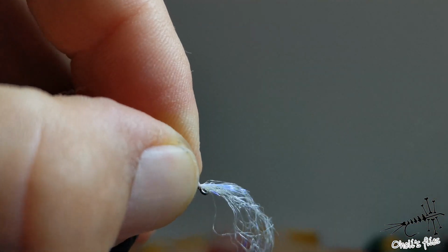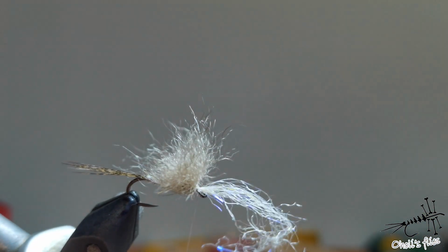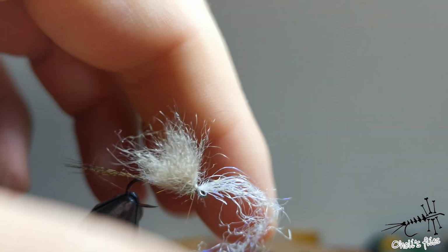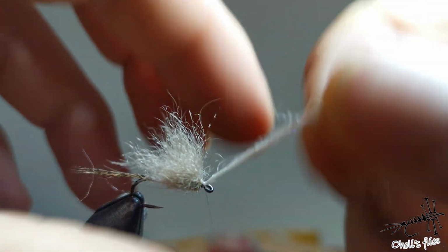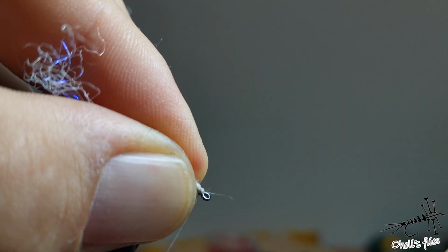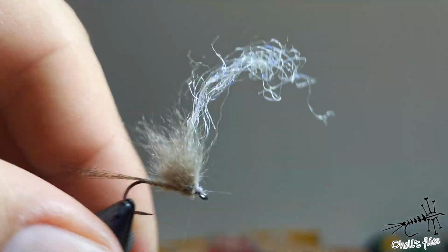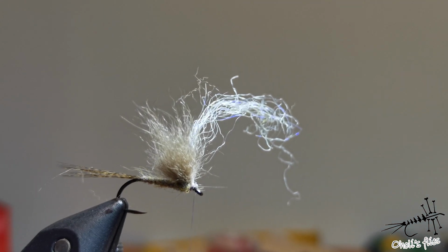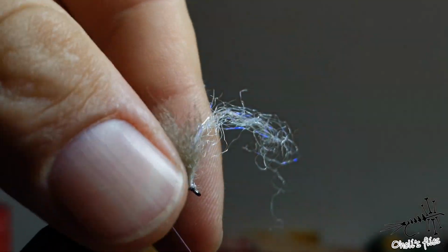Now with one or two rather loose turns you can pull down. Now secure this with a couple of tight turns, and then go forward near the eye, and then pull everything back, put it between the wings, and do the final security wraps here. And as you can see, the head is not too big, and that's because I used this very thin thread. So now I'm going to whip finish the fly,